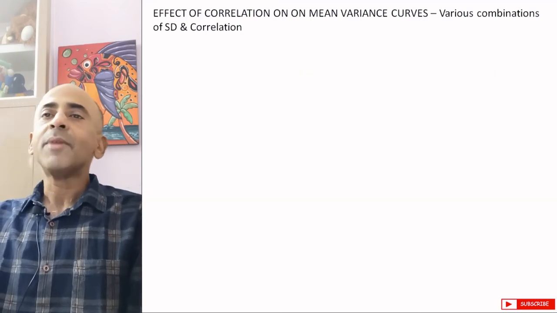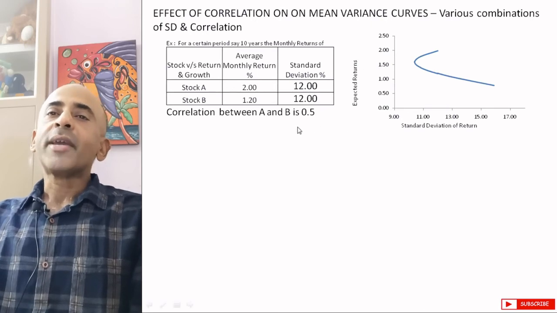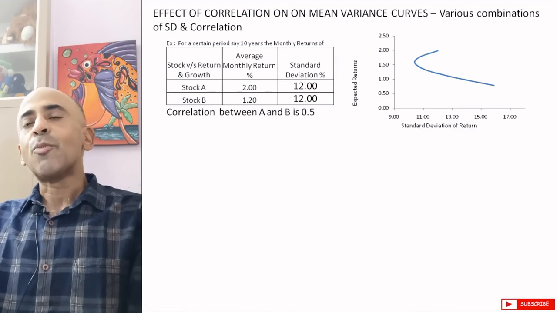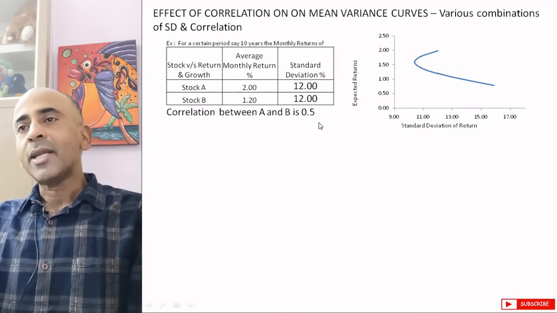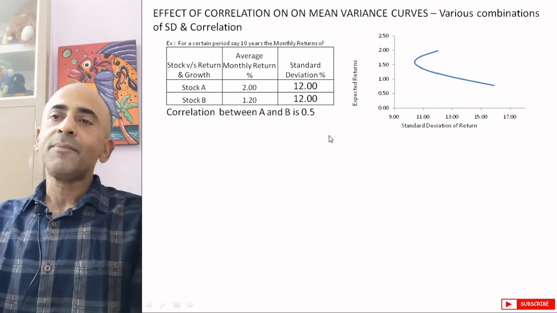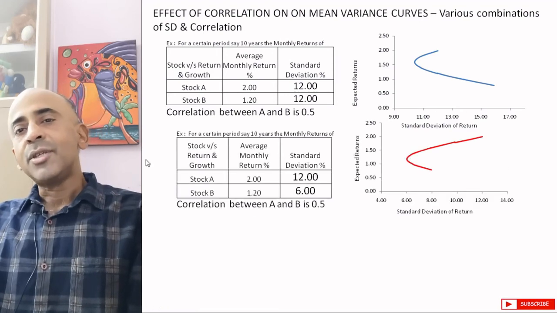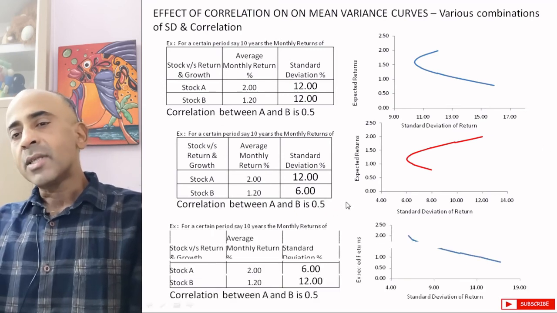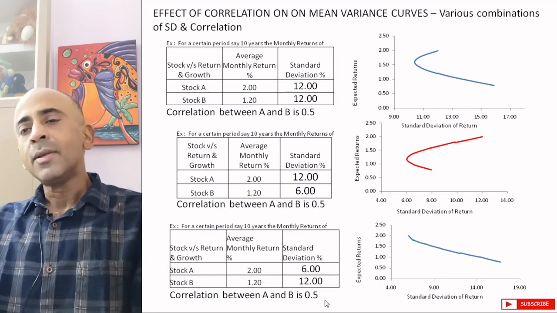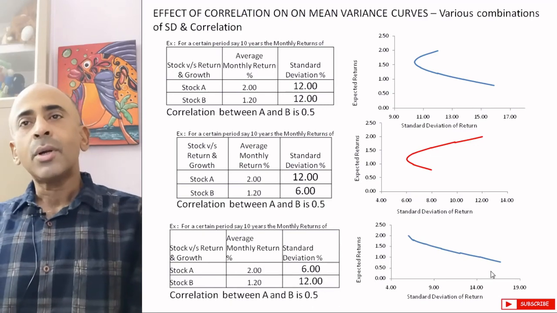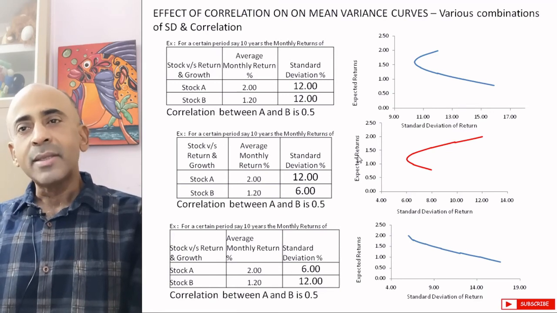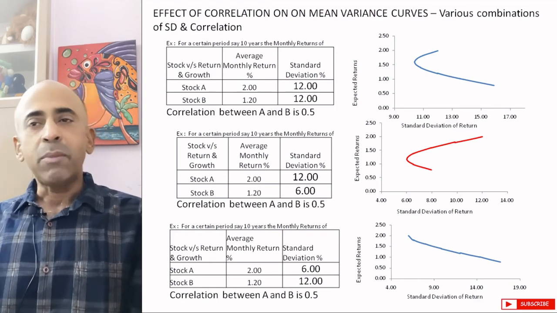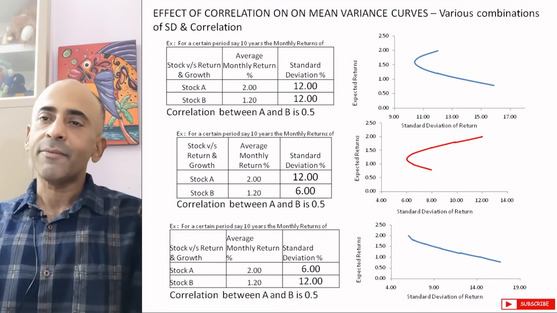The third condition is somewhere in between. You can see stock A again has 2% return and the same condition, but correlation is 0.5 here. So we get a bullet curve like this in the first situation. The second condition is the typical condition that we have used in our previous example. And then again, the third situation is one that anyone and everyone would avoid. So in this case, I've tried to show you how a mean variance curve varies in case of different correlations. The correlations I've shown you are -1, +1, and the in-between situation, 0.5.